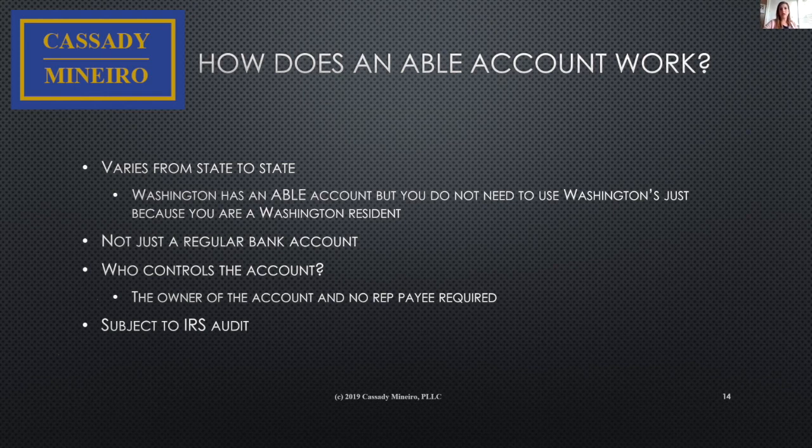Who controls the account? The individual with the disability, unless there is a guardianship or they indicate that they want somebody else to do it. The owner of the account, there's no representative payee required, which there is like in a DD endowment trust,